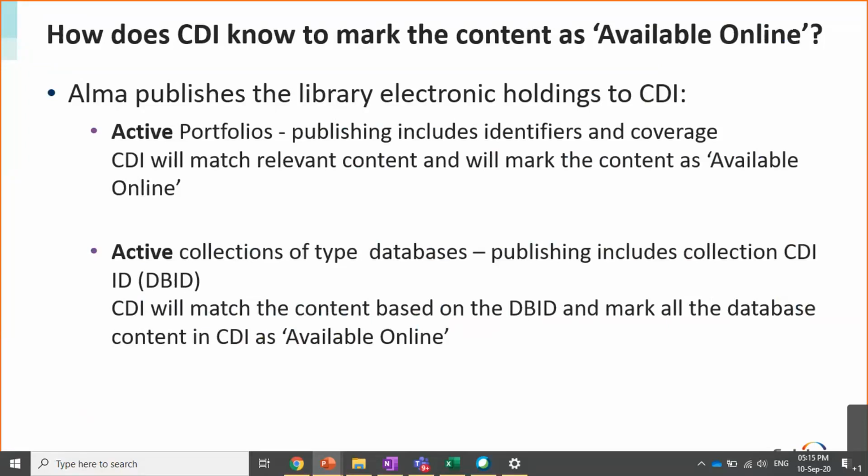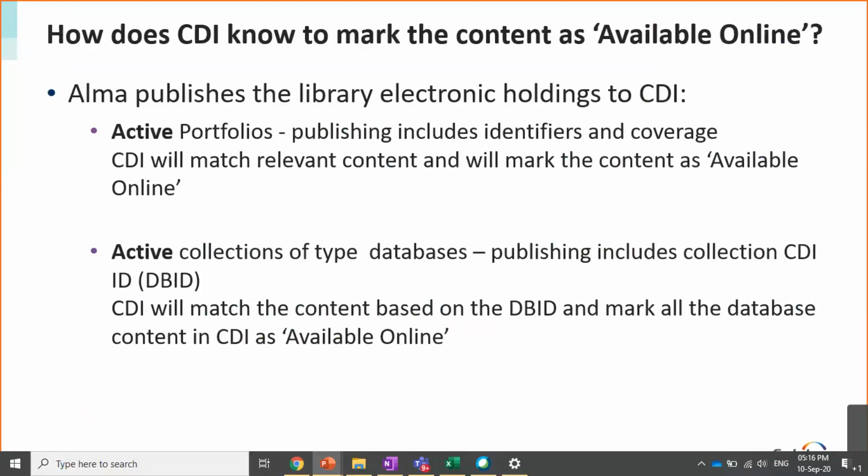It's not specific only to articles, of course. It's also relevant to book chapters, books, journals, and other resource types that are available in Alma and are represented by active portfolios. So all this information will be published to CDI. In addition to that, collections of type databases will also be published to CDI. At times, you have collections in Alma that are represented as a collection level database that does not have portfolios.